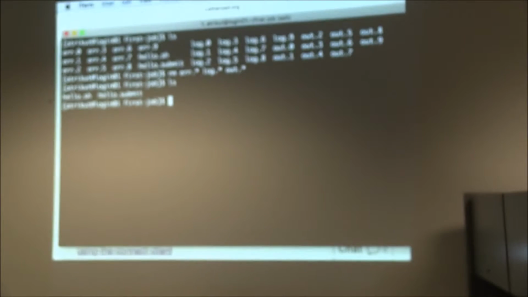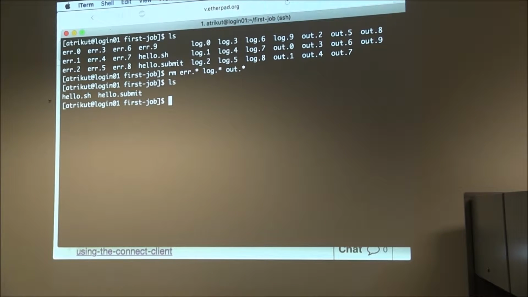So that's submitting a very basic job using Condor. But you'll notice that our job didn't do a lot of things. For example, our job didn't use any input files, it just used an executable, and it didn't create any output files. And doing these things is slightly more complicated, especially if the size of these files becomes large.